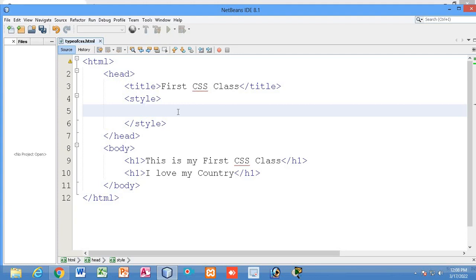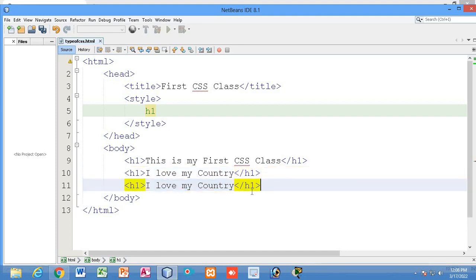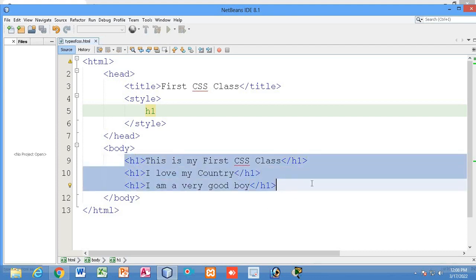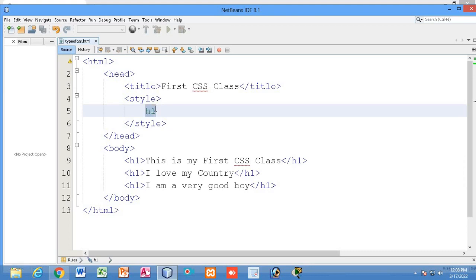What is a selector? Let me say H1. Now here the selector name is H1, that is called an element selector, right? So I have specified the name of the element. So the name of the element is H1 heading. So here in the body I have two H1 headings, this one and this one, or I may take another one. Let me write here, I am a very good boy. So three lines I have written over here, all three are H1 headings. So here I have written H1, right? And